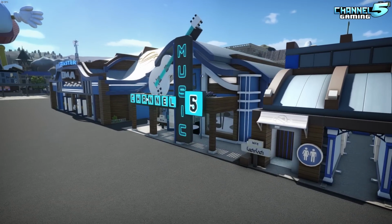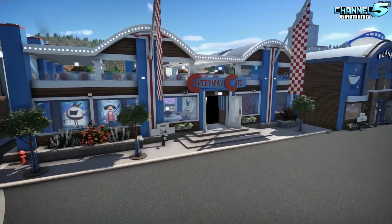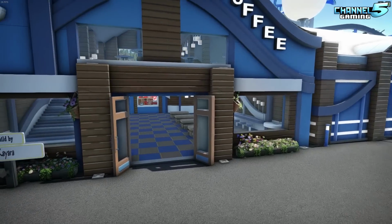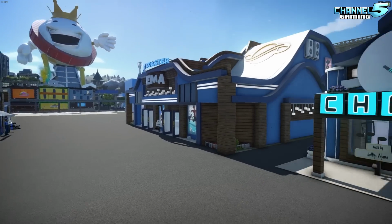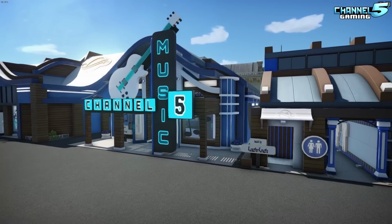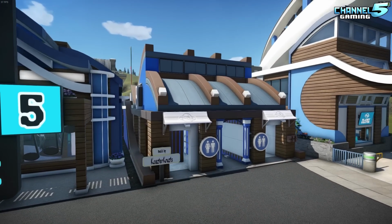So far, all of the buildings on Main Street have interiors, have something to go explore and look around at, and they're more of the intricate and complicated builds. And I think that's great because it's going to be your first impression coming into the park, and you're going to have a little bit of fun. You could spend a good 10-15 minutes just in this area of the park looking around inside all these builds and having a good listen to some of these Easter eggs. So really cool stuff. There it is. Good job,